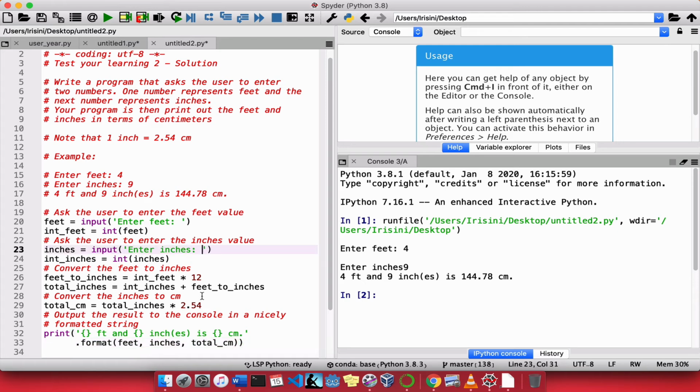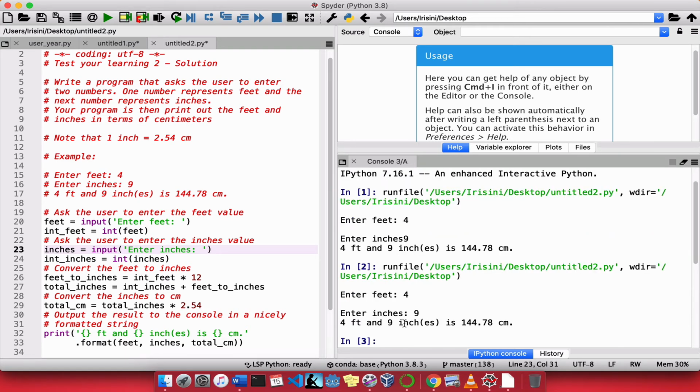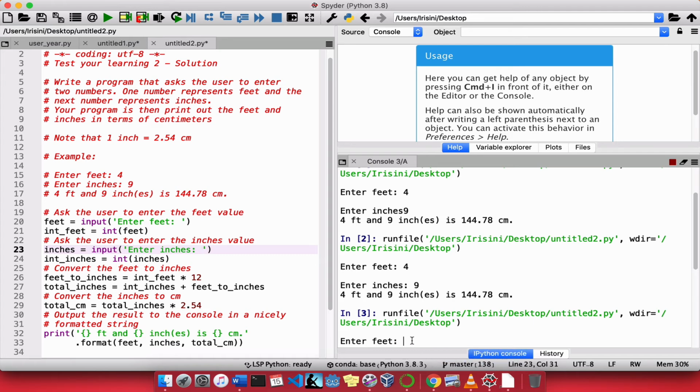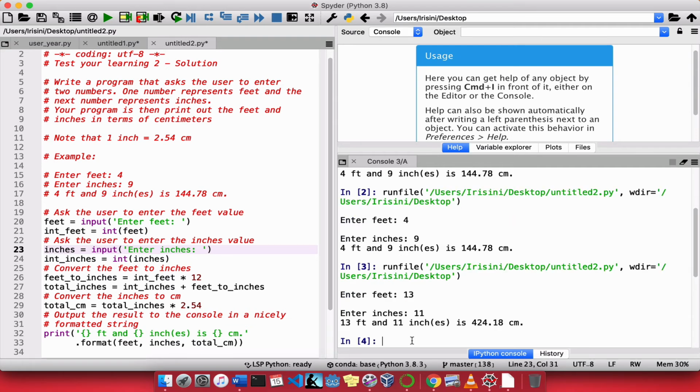And that's why it's important to always test our programs. Not only should they work, but they should be visually appealing. Alright, let's try again. 4 feet and 9 inches. Okay, great. Let's try it one more time. Let's say 13 feet, 11 inches, and we get